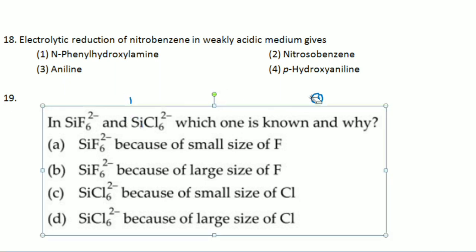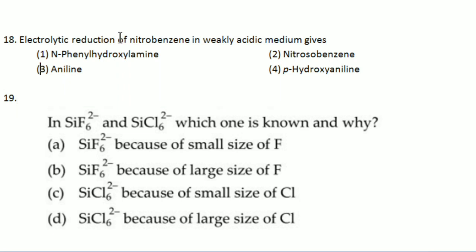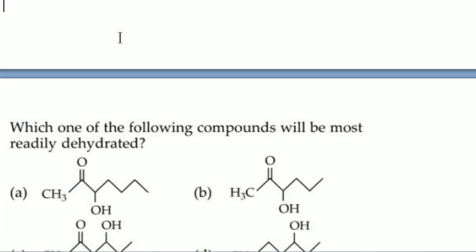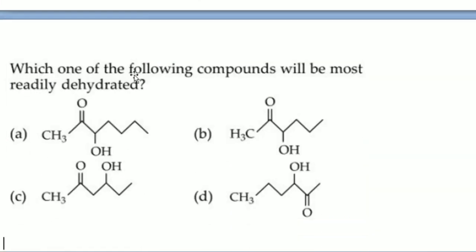In this particular case, the answer for the above question which I told is option C. Option C is the correct option in this particular case. Fine. So as I told, formation of carbocation which is more stable in case of C, because of that reason the answer for this question is C.